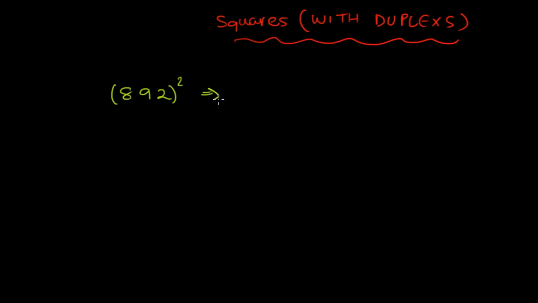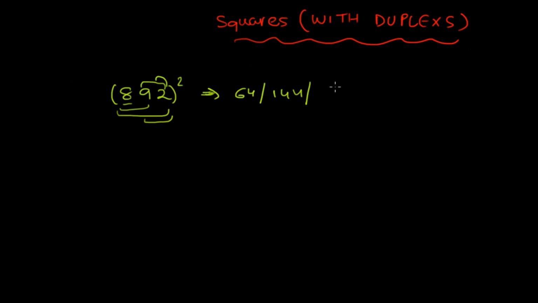So the method again over here follows that similar pattern. We find the duplex of this, then we find the duplex of this, then we find the duplex of this, then the second digit over here, these two, and then this. So let's say we have the duplex of 8, that's 64. We put a slash. We have the duplex of 8 and 9, 89. That would be 2 into 72, that's 144. Then the duplex of